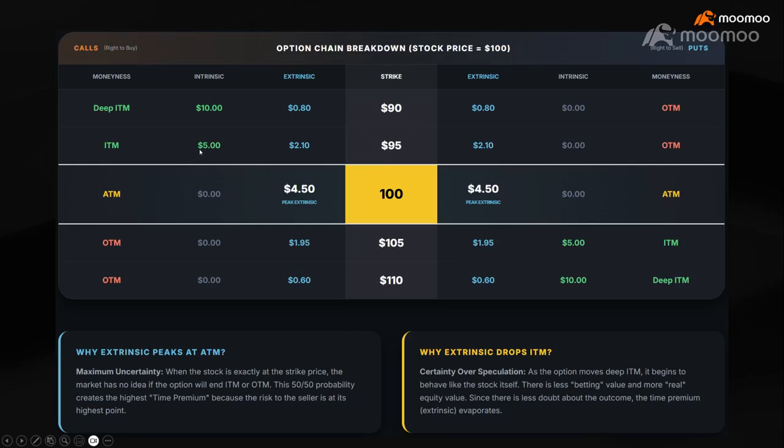Right? Remember that? Let's say it's trading at $120, and the strike price is 90, then it's a $30 intrinsic value. If it keeps getting higher to $200, you still can buy at $90. The higher the intrinsic value goes, the extrinsic value will get lower because of the certainty. Okay, because the component already consists of intrinsic value.